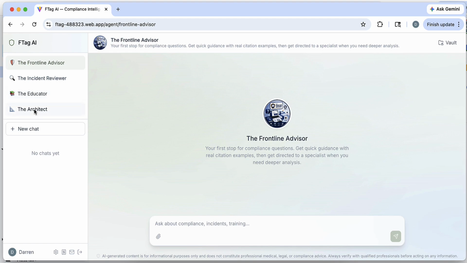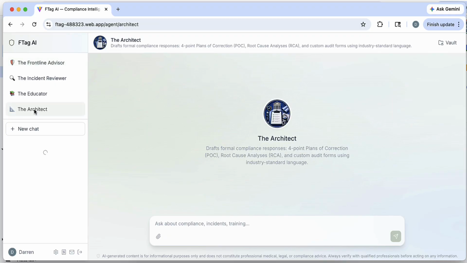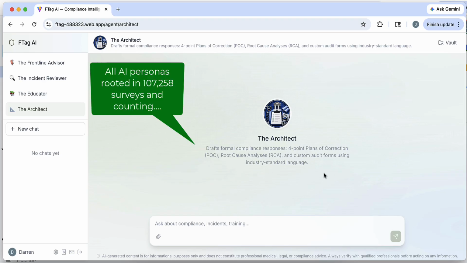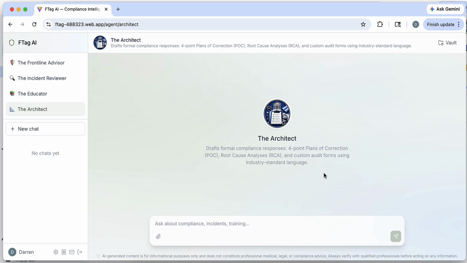And then the architect. This is kind of a combination. It's a root cause analysis, so it's going to do the 5 whys. It's also a plan of correction generator. It'll do your plan of correction, a root cause analysis, and also your QAPI performance improvement plan. So whatever you put in here that says, these are the issues we're having, it's going to come up with